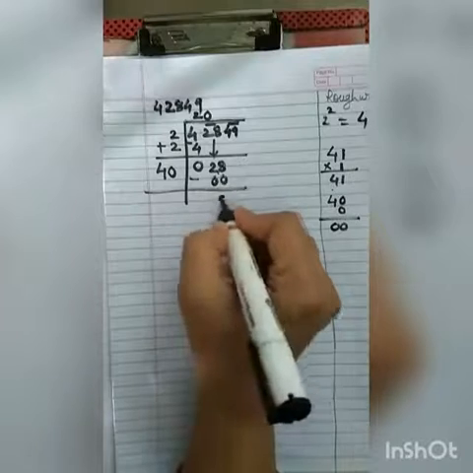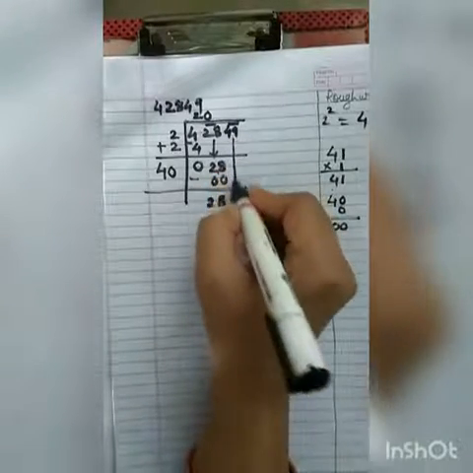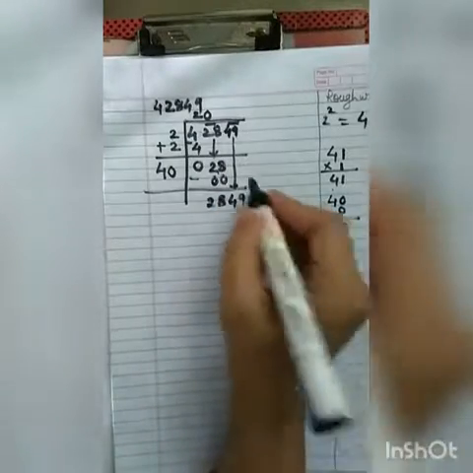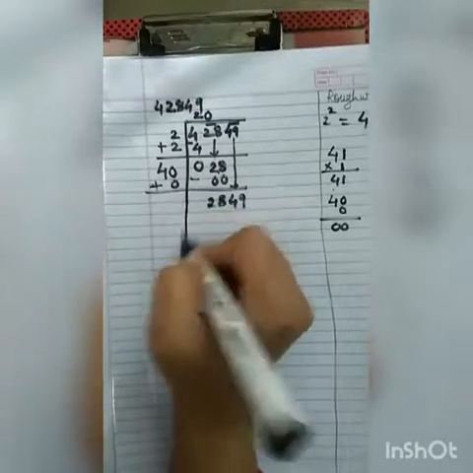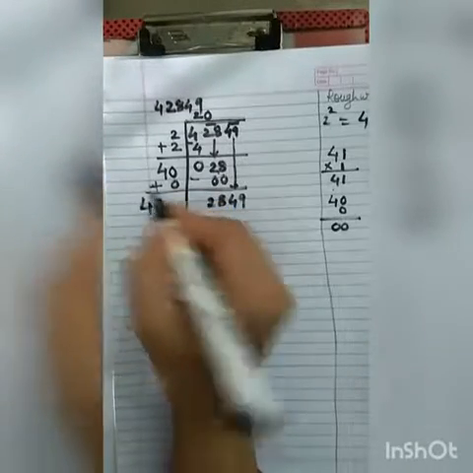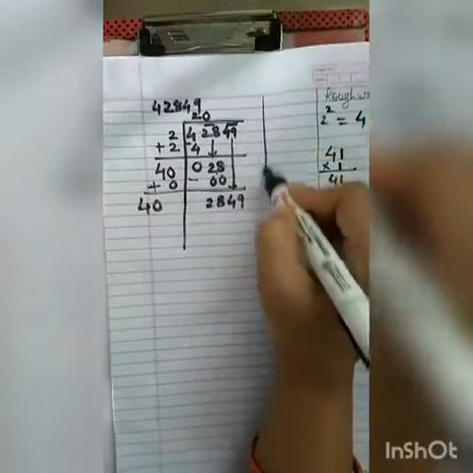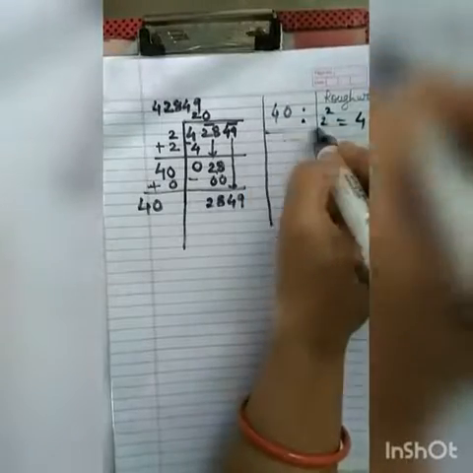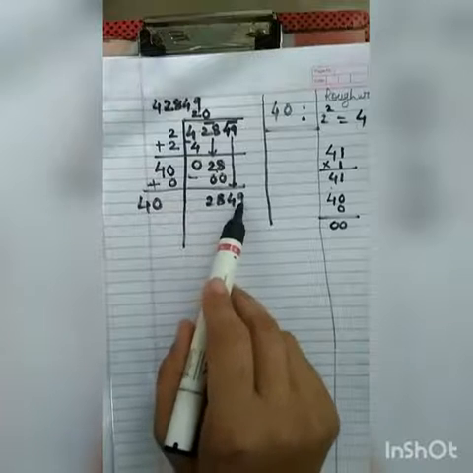8 minus 0, 8, 2 minus 0, 2, and this will be 49. I have to take the full pair, that is 49. Now the unit place is 0, so we have to add 0, so it will become 40. Now in this 40,